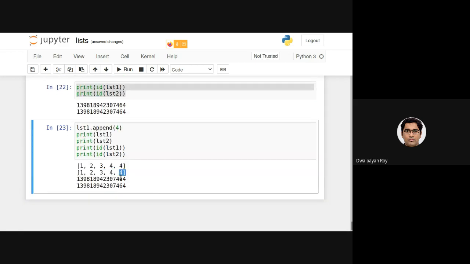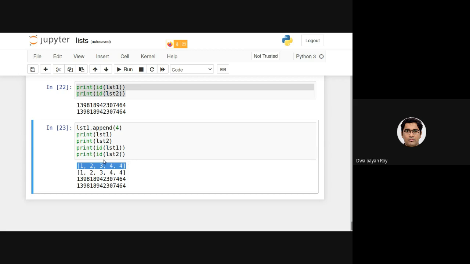So basically what is happening? In the memory, there is this list. And lst1 and lst2, you can consider two pointers, both of them pointing to this same list. So in the memory, there is only one existence of this list, and lst1 and lst2 are just two references pointing to it.